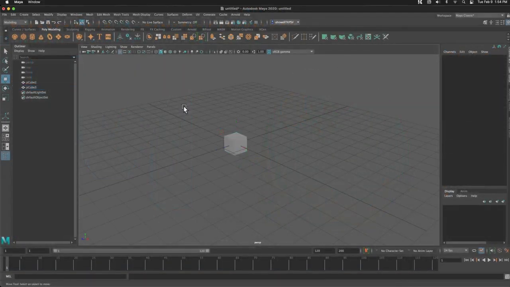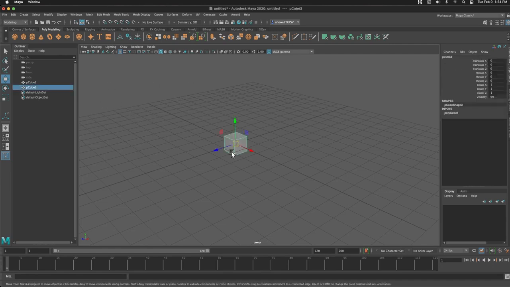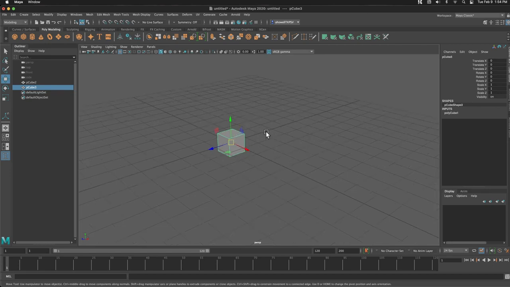Okay, so now we are going to discuss the channel box a little bit more in depth. So we've dropped in primitives. When I select my object, things in the channel box pop up, right? Awesome. So we have translate X, Y, and Z, rotate X, Y, and Z, and scale X, Y, and Z. We also have visibility. So what I'm going to do is move this cube around, and I want you to